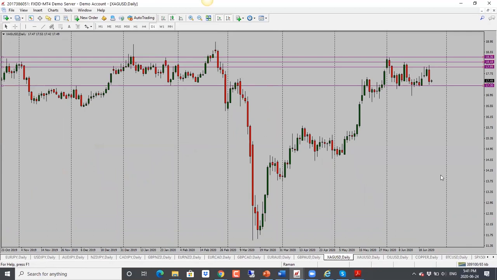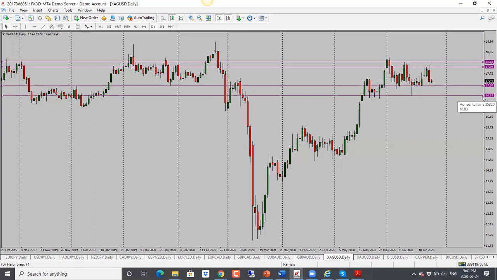Let's take a look at our commodities now. Silver. Silver, as we had talked about yesterday, price got stuck into the resistance. It tried to break through, but failed. And today we have a nice bearish engulfing candle close here. So lately we have seen gold and silver move with the stock market. So stock market dropped today and we saw a similar drop in silver here as well. So we may get a continuation of the move here. So bias is bearish at this moment.